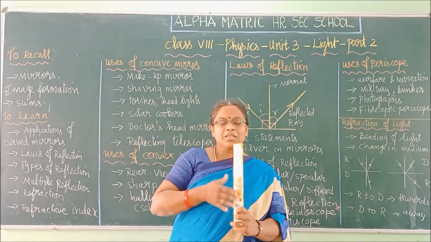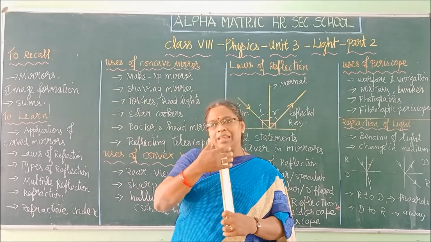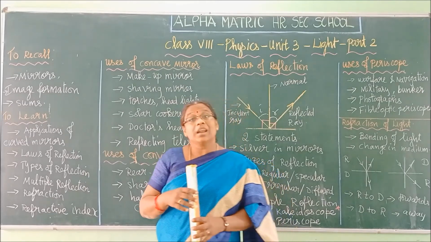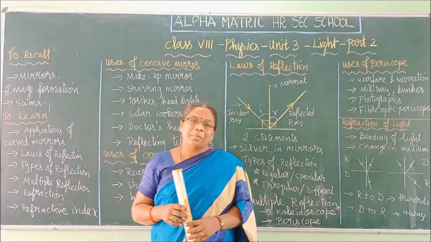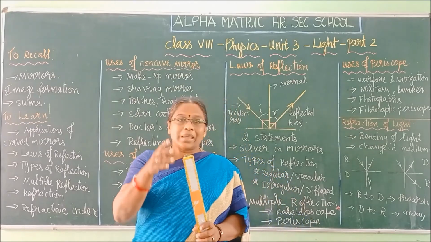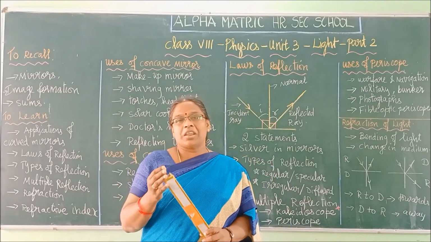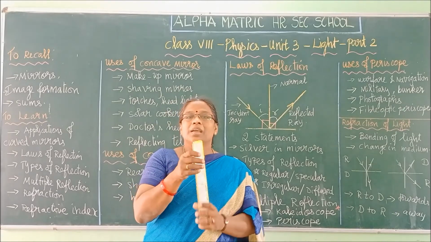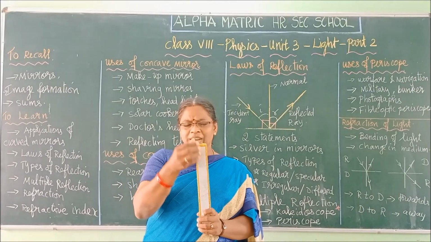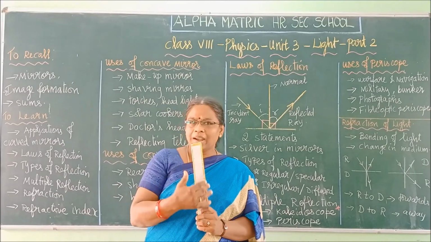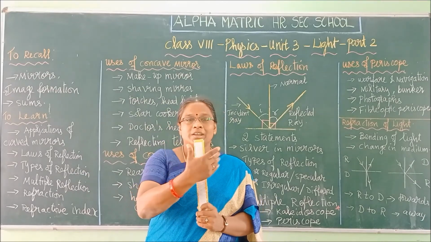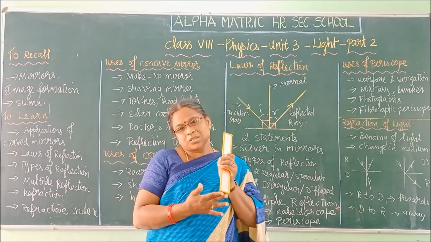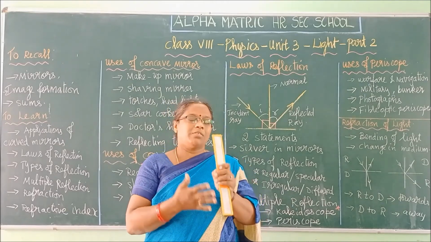Three mirror strips. Even glass strips you can take, children. If you are not getting glass strips, since this is pandemic time, it is better to use long scales. Three long scales you can attach like this, making a triangle, using gum or glue, and cover it with chart paper. The bottom also you can cover with one small glass or chart paper.